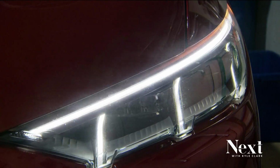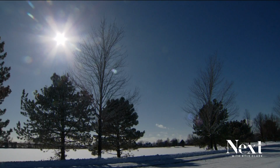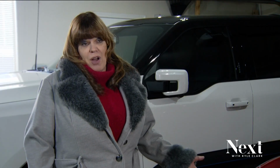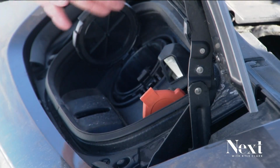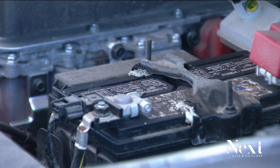The battery makes the car heavier. The weight is better balanced, she says. The only real difference in sub-zero temperatures is how far she can go on one charge. The range does drop about 30%. But if you think about your daily average drive, you're going to the grocery store, you're running errands, you may be going into work. It's a chemical reaction, so it slows down how fast the electrons can move within the